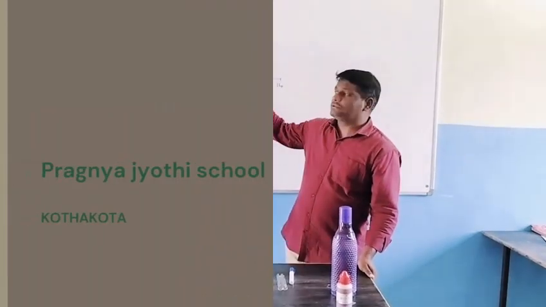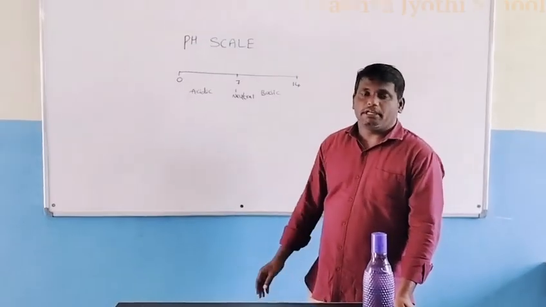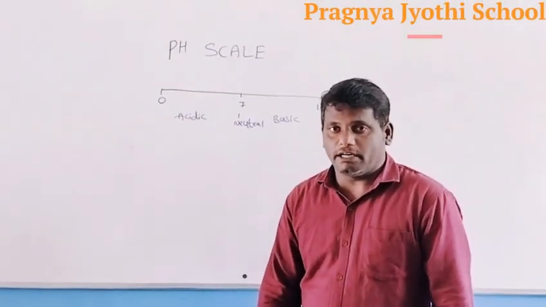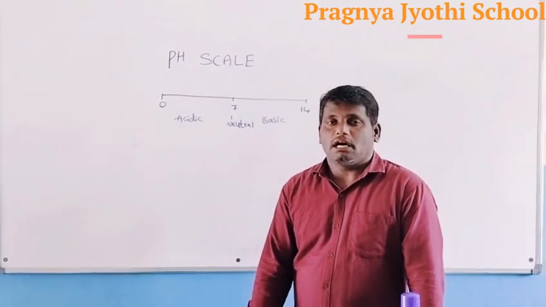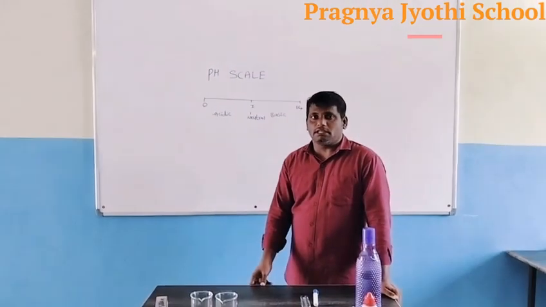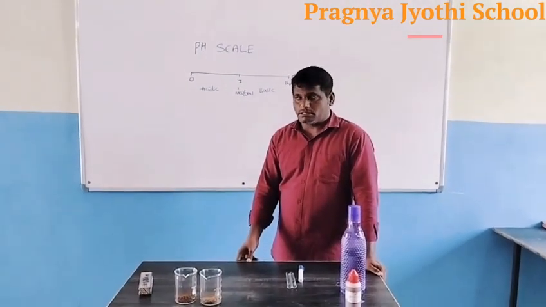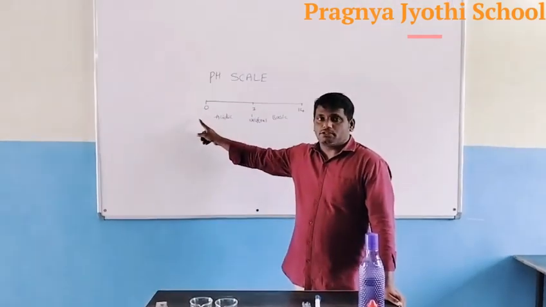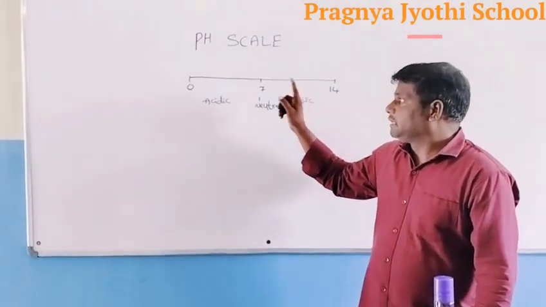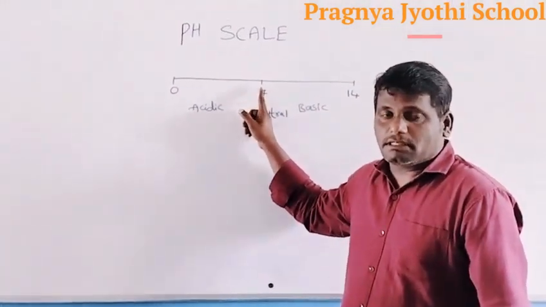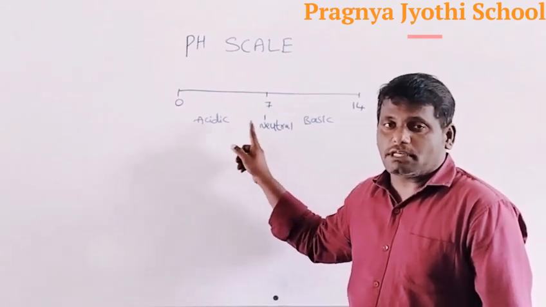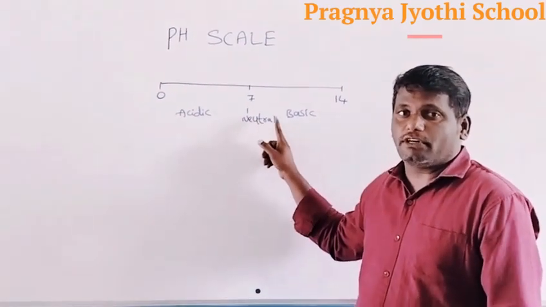We will discuss the pH scale. pH is the potency of hydrogen. It explains the hydrogen ion concentration in a given substance. The pH scale starts from 0 to 14, and 7 is neutral, 0 to 7 is acidic, 7 to 14